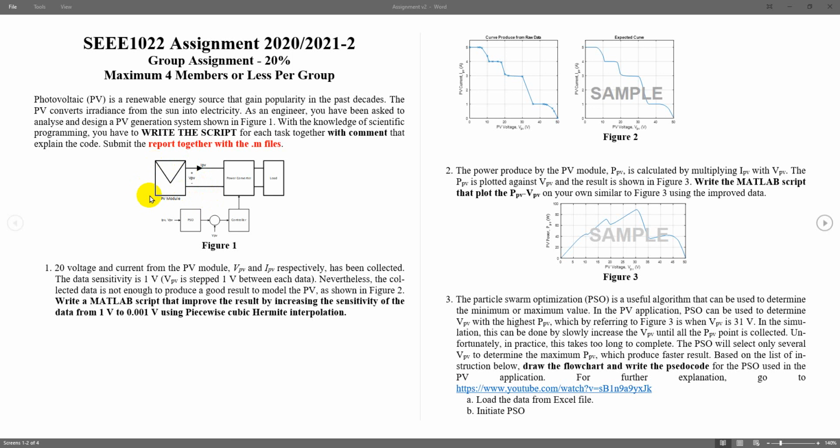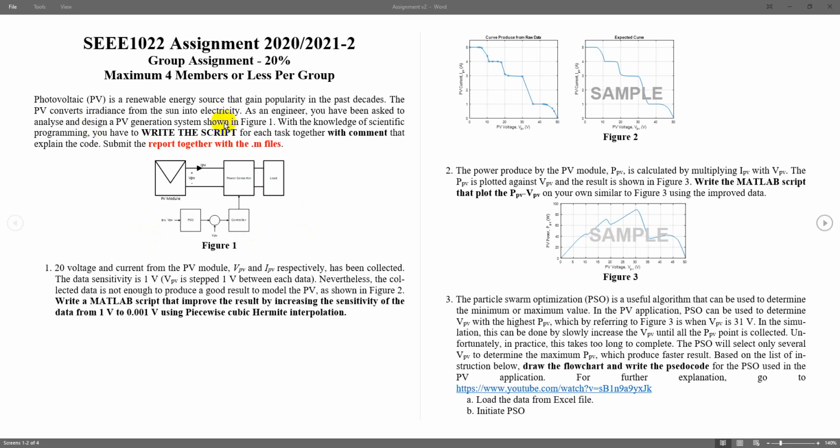So in order to work properly, you need to have an MPPT boost converter. If you see here, this is the converter. This is a real example.